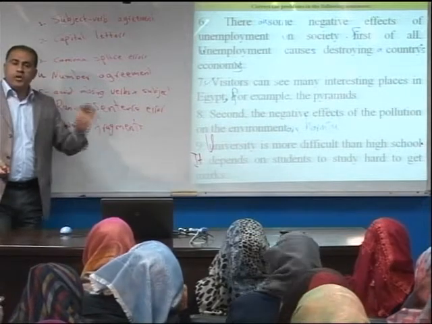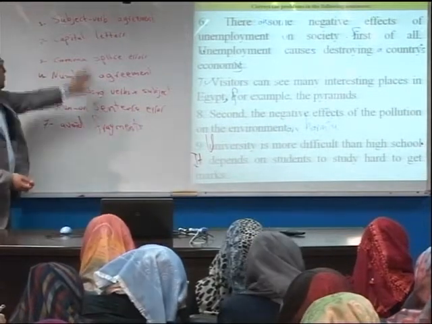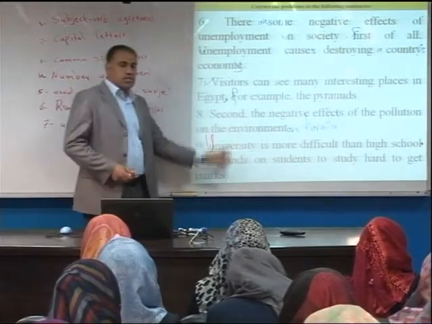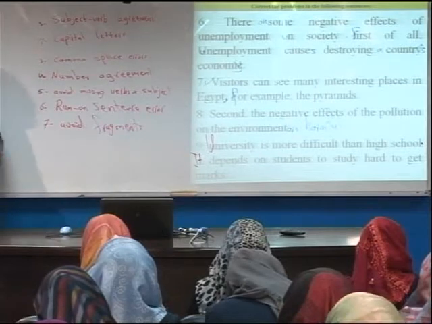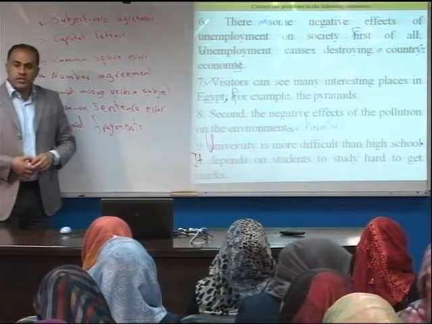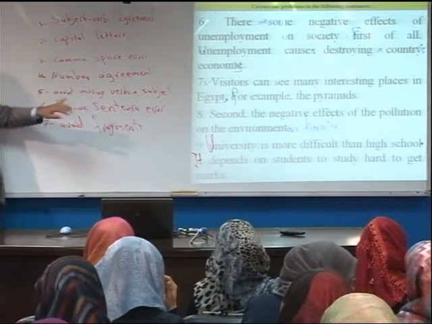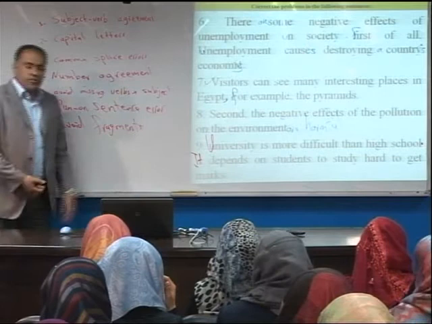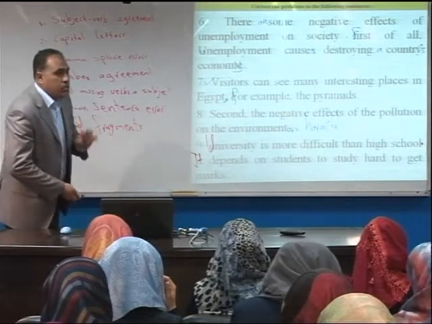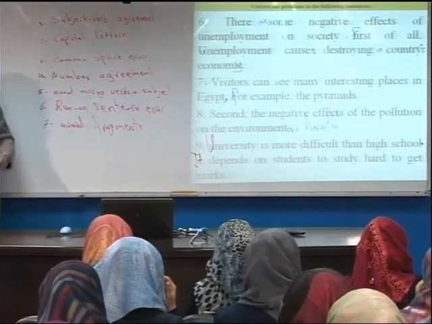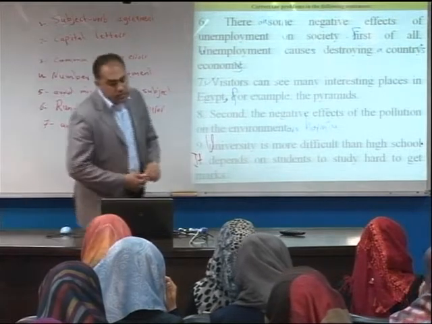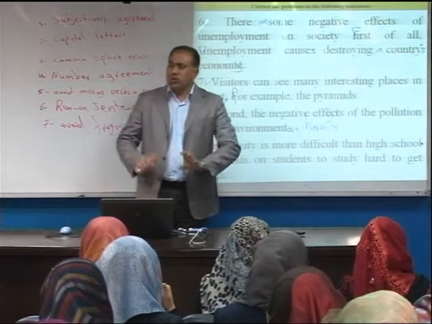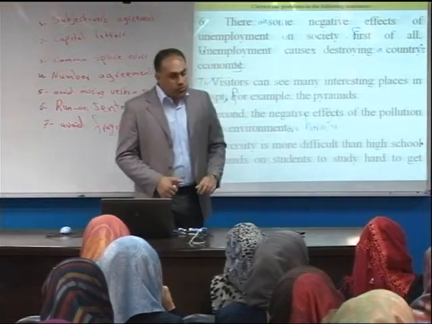Is this clear? So what we've done so far is identifying 7 common problems at the sentence level. Avoid problems in subject-verb agreement. Make sure that you always capitalize where necessary, especially at the beginning of sentences. The third one is avoid making a comma splice: two sentences with only a comma between them. This is wrong. Avoid missing verbs. Every sentence has to have a subject and a verb. Then avoid run-on sentences and sentence fragments. Is this clear? Because I expect you to really avoid these kinds of problems almost all the time.